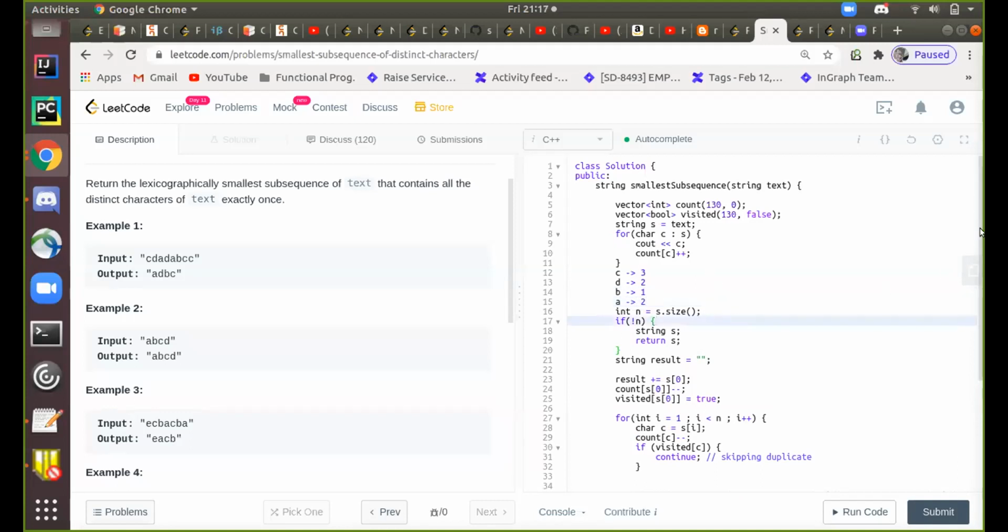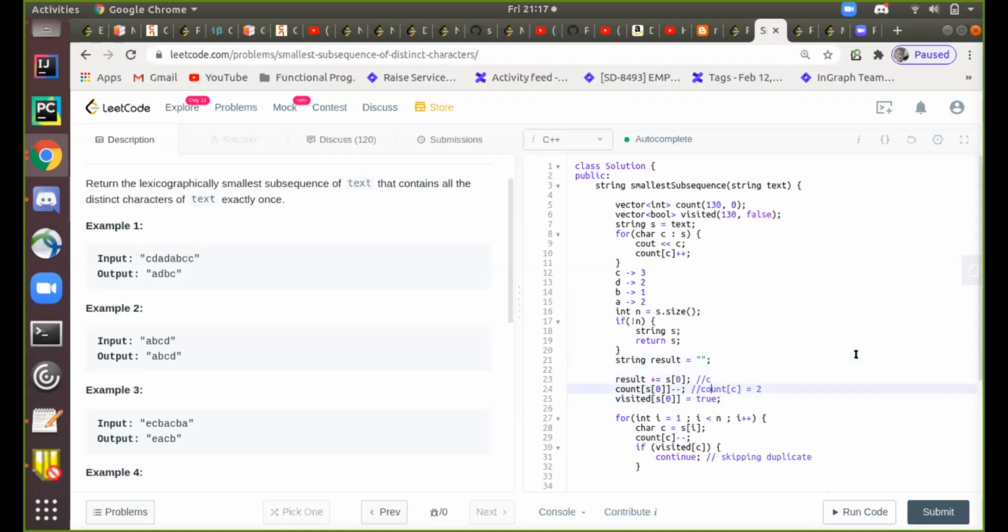So the first thing I'm doing is I'm just picking my first character. I could have done this in the loop also, but I did it here. So this is my final string which I'm trying to build. At this position it is this C. So I've decremented the count. Earlier it was this 3, so now it would be 2. And I've marked this as visited, just to not consider it again.